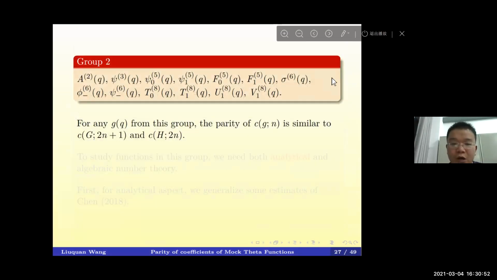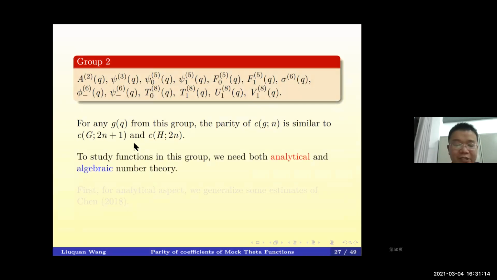Group 2 consists of this kind of functions. So what is their character? Why do we list them in group 2? The reason is that for any GQ from this group, the parity of CGN is similar to the coefficients of the Rogers-Ramanujan functions. And I think this is the most interesting group among these 3 groups, because